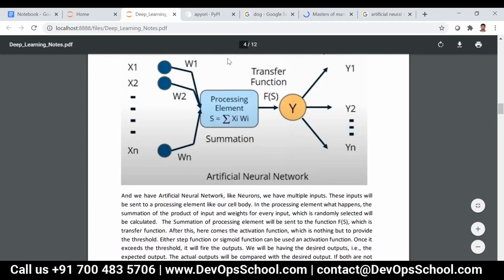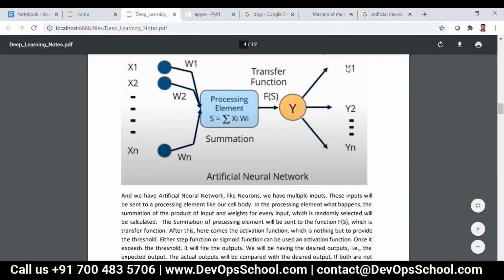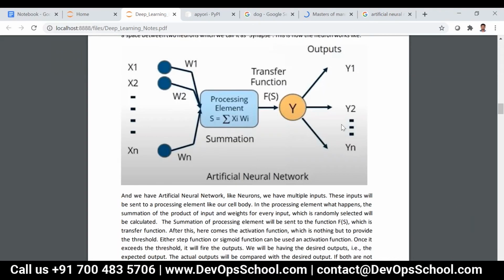So like this, several steps will be carried out, and finally the values will be sent to the output layer, like y1, y2, and yn. Now it will check whether the actual output is equal to the expected output.